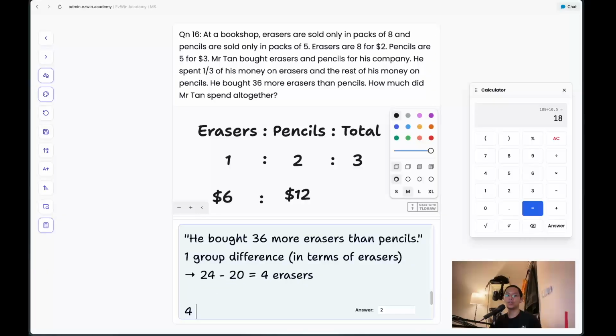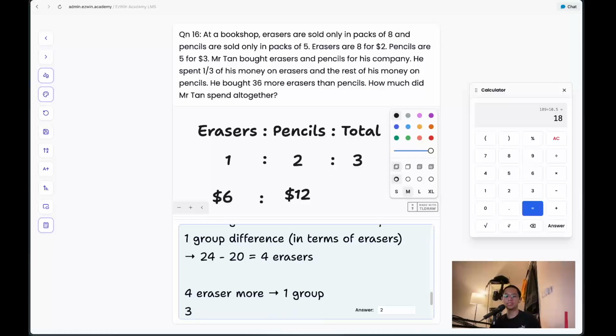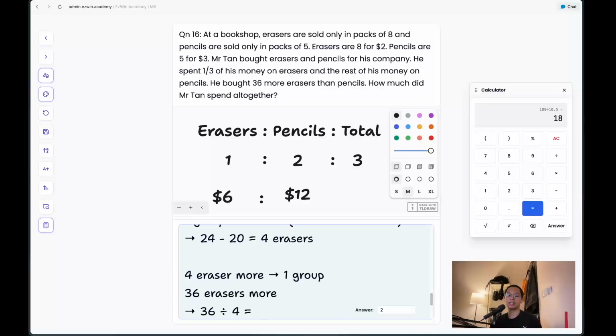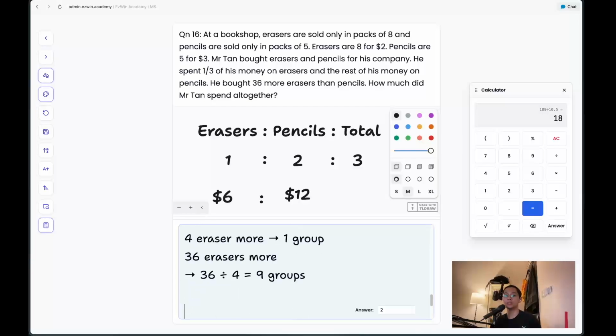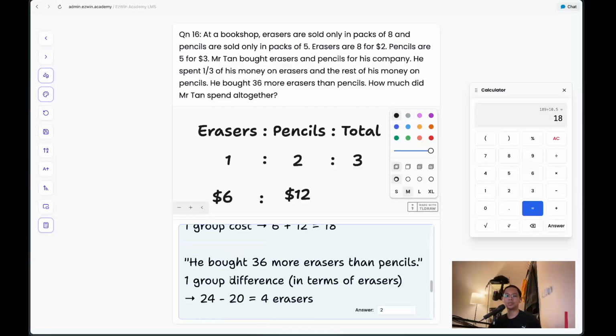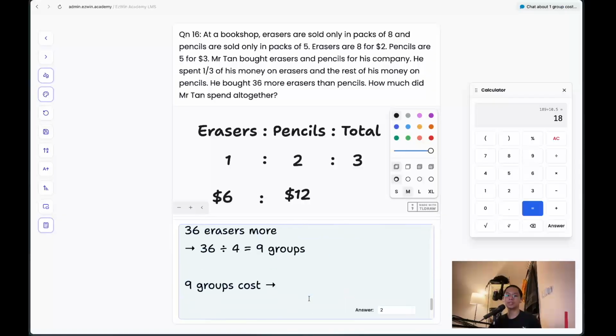Erasers. So 4 erasers more is equal to 1 group. 36 erasers more would then be equal to 36 divided by 4, which in this case is equal to 9 groups. So now we know the number of groups. So 9 groups cost, as we know, one group costs 6 plus 12, which is $18. Then 9 groups is just 9 times 18, and this is equal to $162. Okay, there you go. So that's the answer,